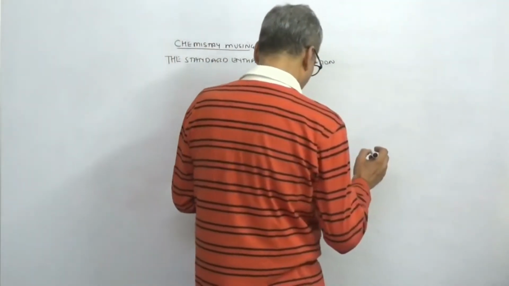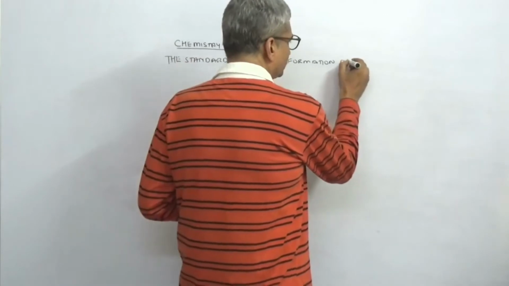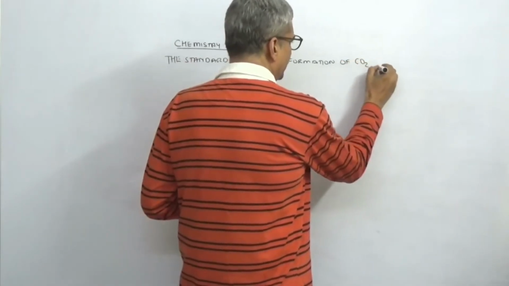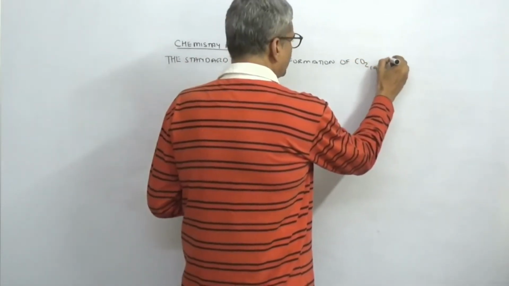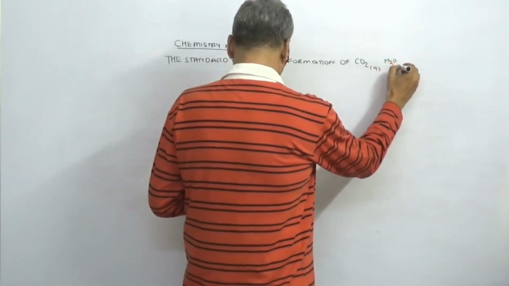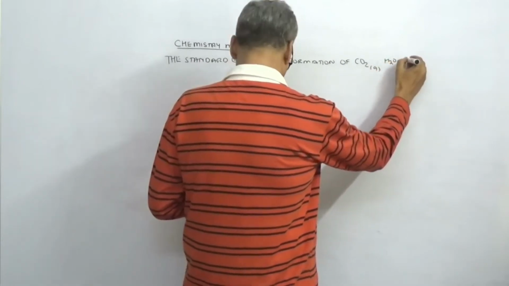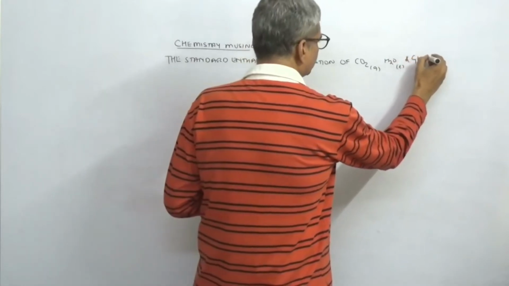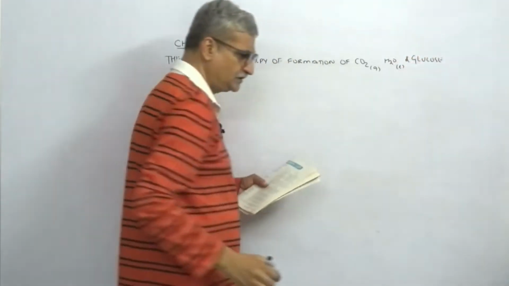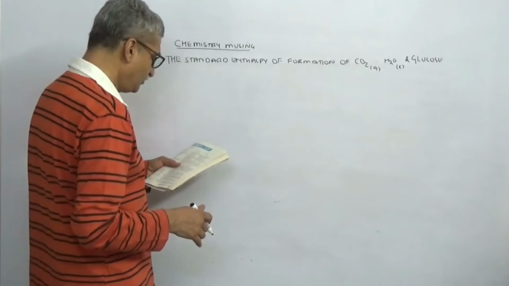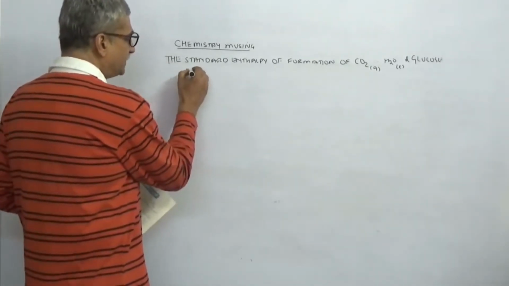The standard enthalpy of formation of carbon dioxide gas, H2O liquid, and glucose at 25 degrees centigrade